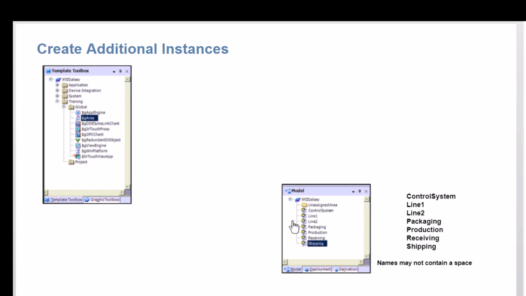Now, let's move the sub-areas, Line 1 and Line 2, to the proper area, Production.